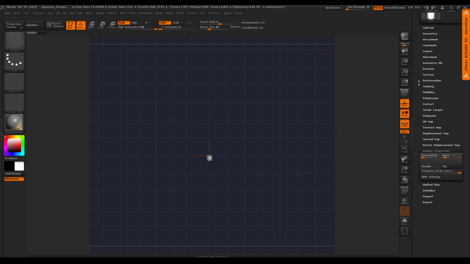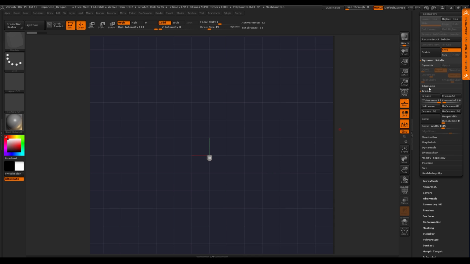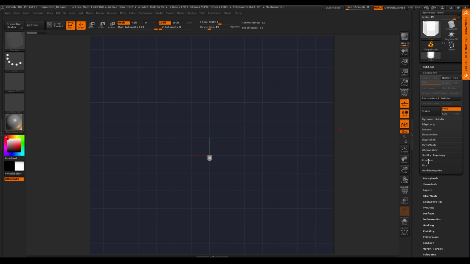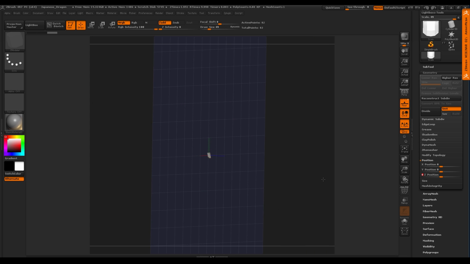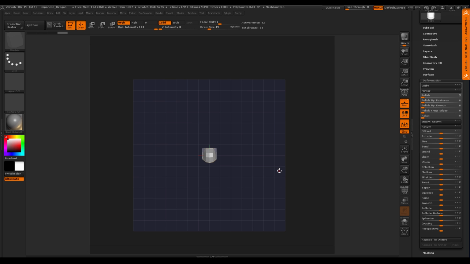Now, if you don't want to change the scale of the model and you just want to move it to the world, in the tool geometry, and let's close these up so it's not crazy here for you guys, there is actually a positions option, right? And you see there's X, Y, Z, so I can move these to 0 if I want and put that at the 0 world. And then there you have it. So you can do this and it won't change the physical size, where deformation, unify puts it at the center world, but also changes the size.